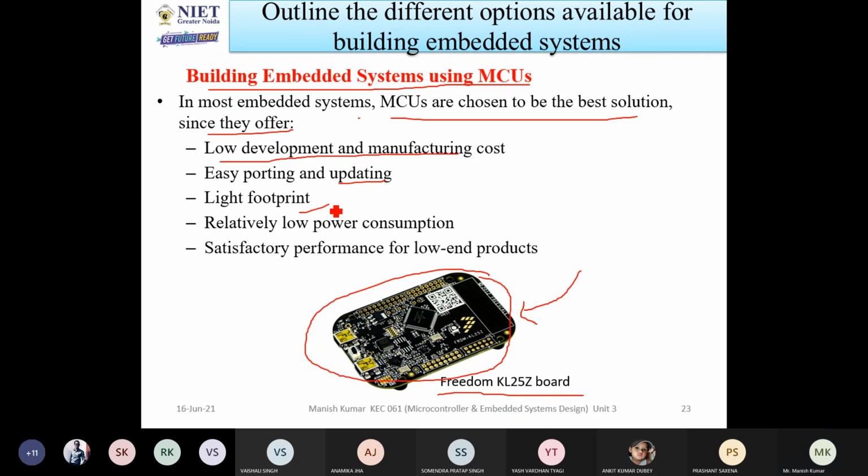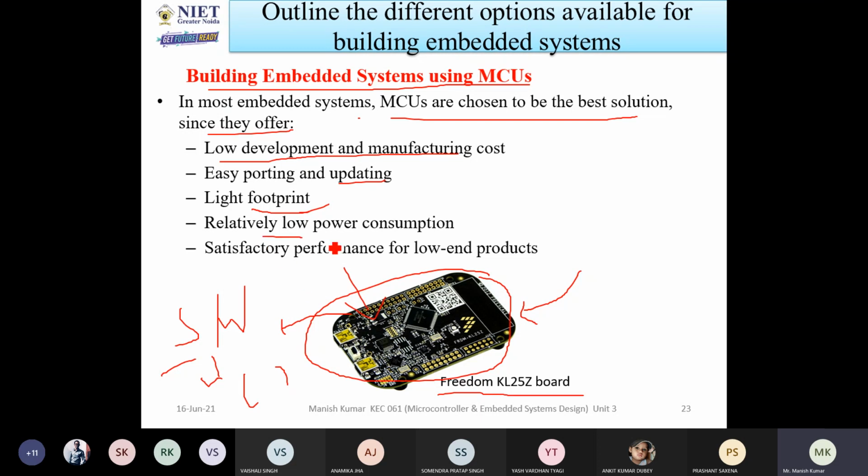कोई भी बोर्ड में, ठीक है, MCU बोर्ड में अगर कोई भी जो सिस्टम्स है that system will be stored. कोई भी अगर सिस्टम हम डिजाइन करते हैं, कोई भी अगर बोर्ड डिजाइन करते हैं, that board will require some software and hardware. And also for storing this software and hardware, you need some space in the memory location. That is called light footprint.